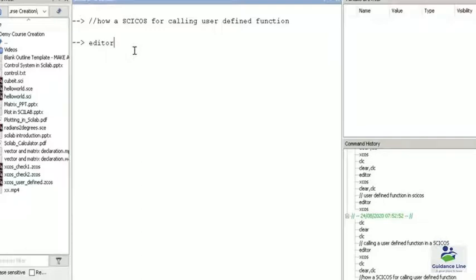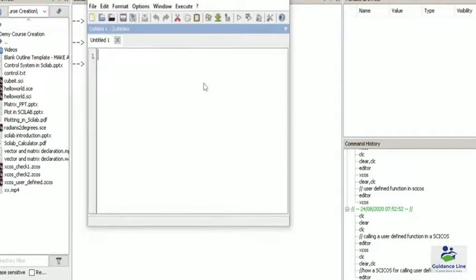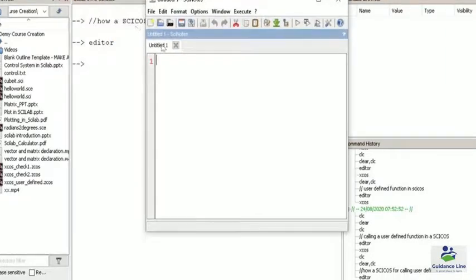So the purpose of opening the editor is to write a function body. So you can see, write editor over here, and this SciNotes window is now opening. Here I am creating a function body which starts with the name of a function. In the output argument I am simply passing y and writing the name of the function as qubit, and the input argument is passed in parentheses. So p is an input argument and y is an output argument.